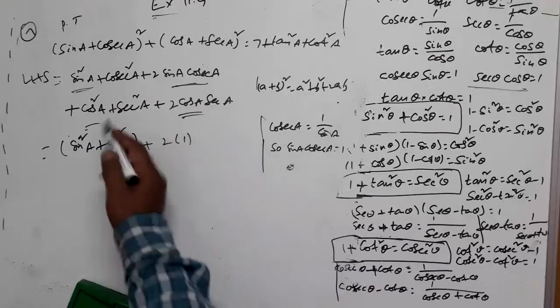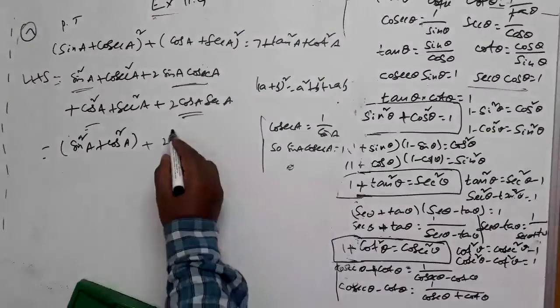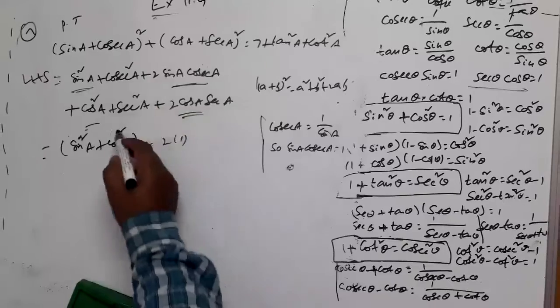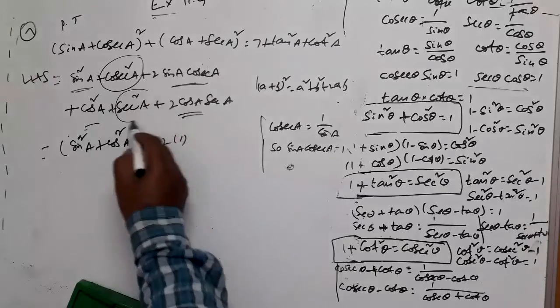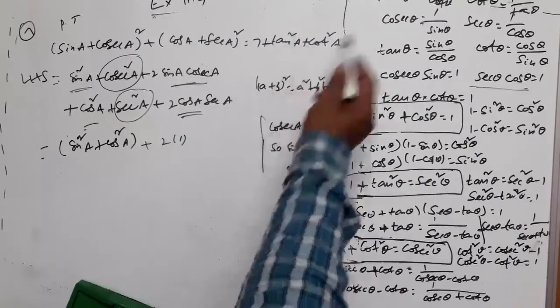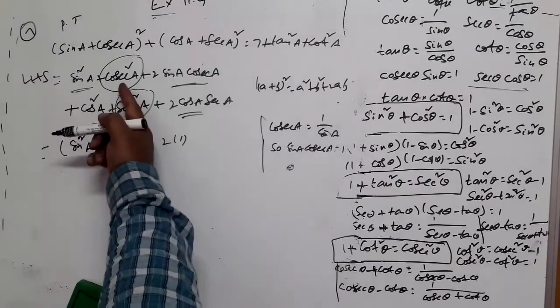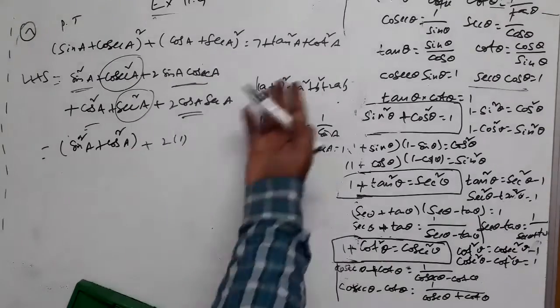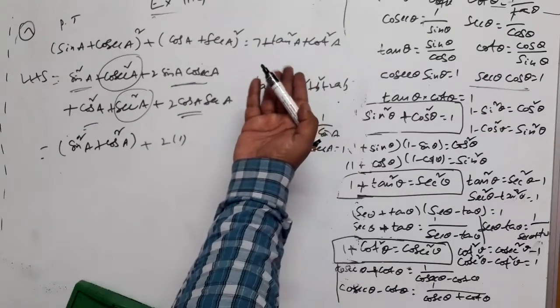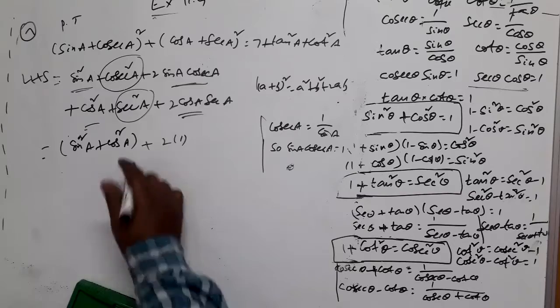You write those two terms in the bracket. Or simply, see, in the place of cosecant square a, I don't want this term. Of course, I don't want this term also, because I want only tan square and cot square. Yes, what is the idea you have got? But in the place of cosecant square a, I can write 1 plus cot square a using the third identity. I use that here because I know that my target is this. So I will replace cosecant square a by what? 1 plus cot square a.